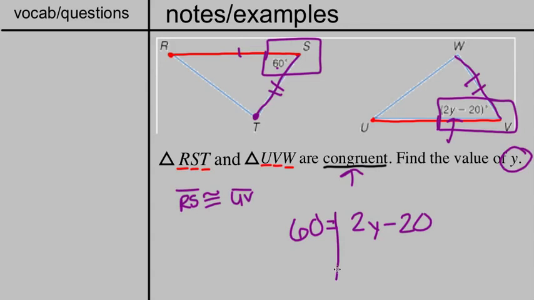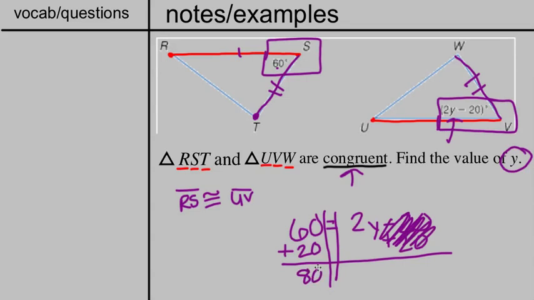Once I have that, I have to solve it. I know I keep pestering you about these railroad tracks, but I am not kidding. They will never go away. So now I added the 20 to both sides to get rid of this. Leaves me with an 80 over here. Then I need to divide both sides by 2. And I get 40